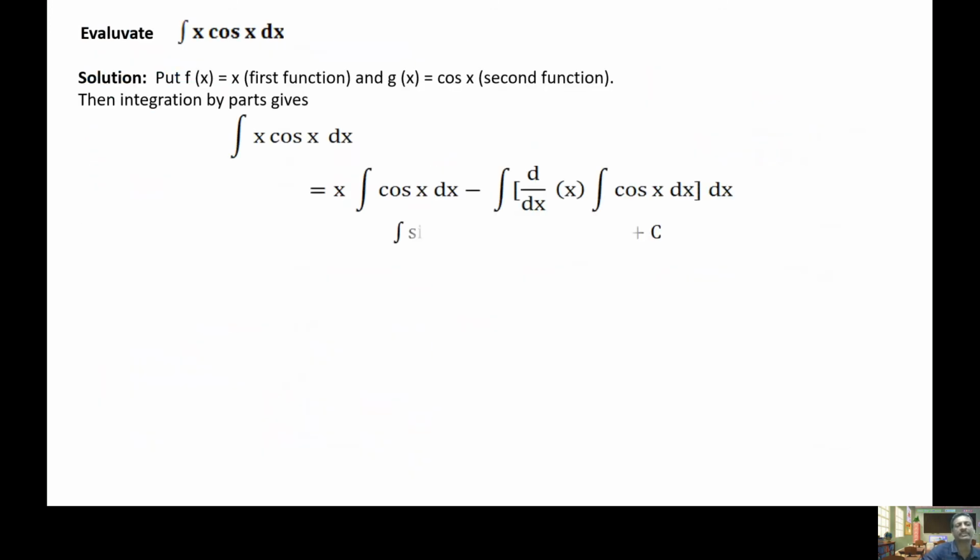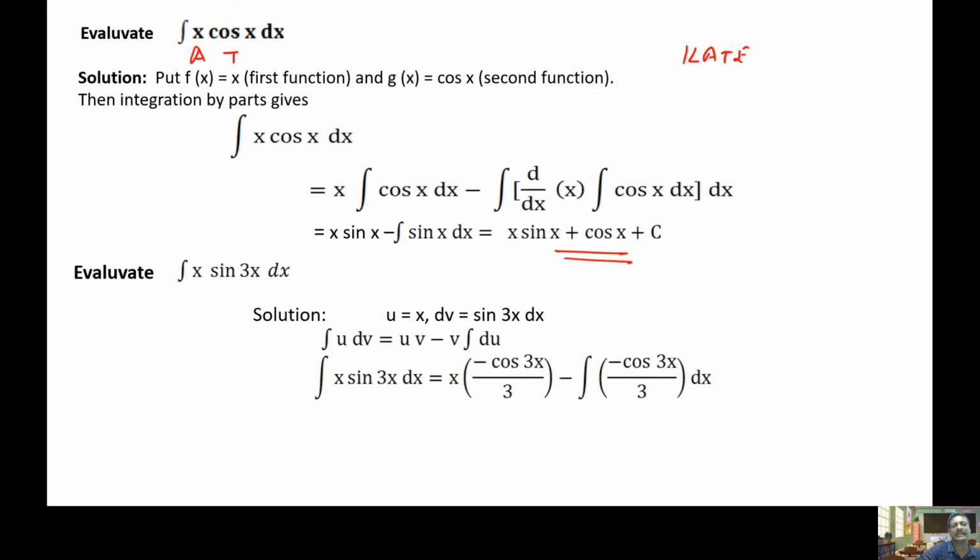See here, integral x cos x dx. Here x is an algebraic function, cos x is a trigonometric function. So which first function do you have to take? You see ILATE. So algebraic function, so x is the first function. So x into integral of cos x dx minus integral of derivative of x into integral of cos x dx. So x into sin x minus integral of d by dx of x, which is 1, into integral cos x, which is sin x. So the integral of sin x is minus cos x. So minus minus plus. So the final answer is x sin x plus cos x plus c.